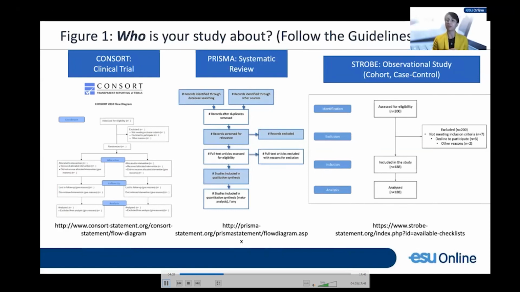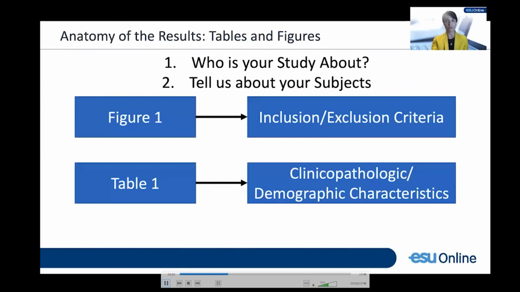And also, I do want to highlight these guidelines as a very helpful way both to ensure that you are reporting your data at the highest possible standard of reporting, and also making sure that you're including all of the necessary components. So in addition to pointing you in the direction of these guidelines for the purpose of noting how these figures are formed, I do also want you to look at their key reporting criteria, so that you make sure that you always have those in your papers.